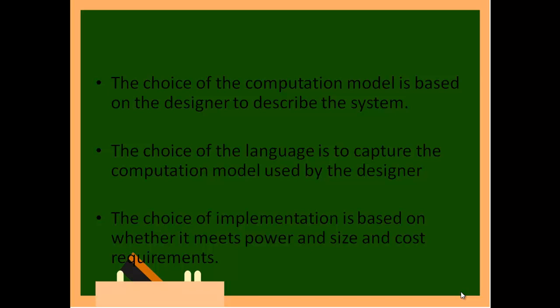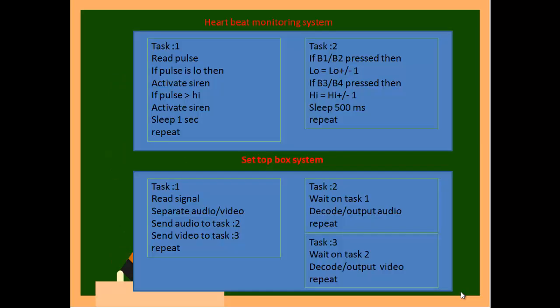In a Formula 1 race car, I think you all know the speed difference between a normal car and a Ferrari running in Formula 1. It can be driven around 230 to 300 kilometers, whereas here it is only 60 to 80. So in such a case you should have a highly reliable thing. There you will go for a concurrent model of embedded system, whereas in the normal case such a thing is not required. That is what they mean to say.